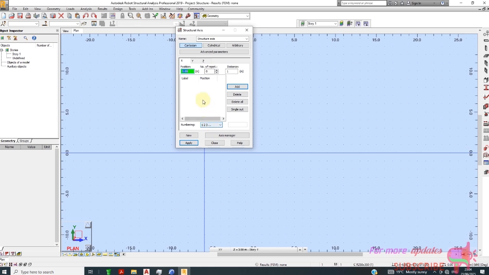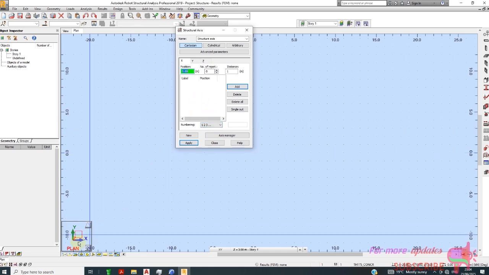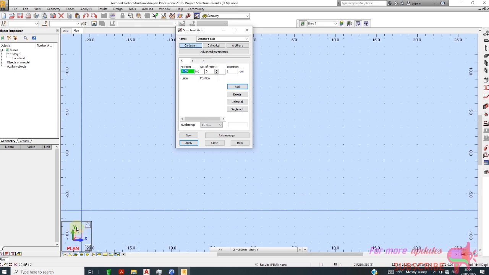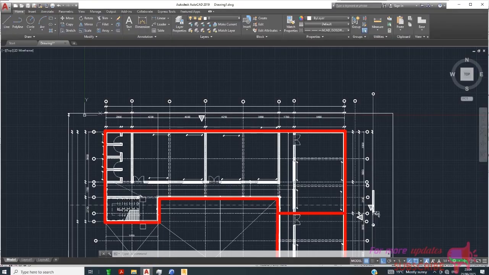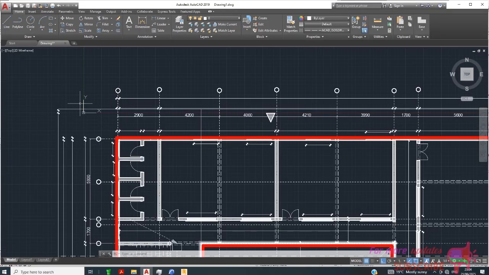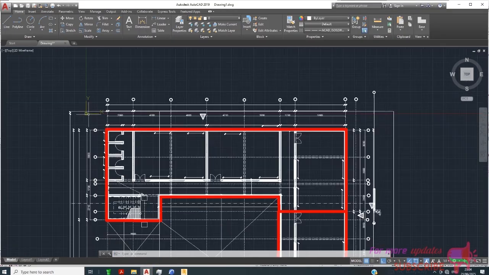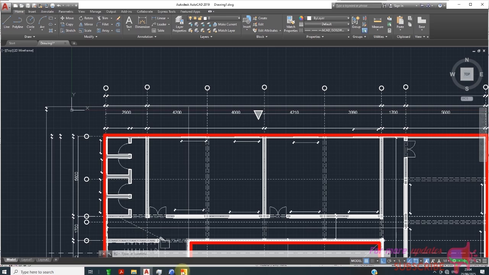So I'll go to, I think the z-axis is the one which is going up, right? Now we have our x, y, and z axes. So I'll start with the x-axis, which is definitely the same as AutoCAD. So going that way, starting